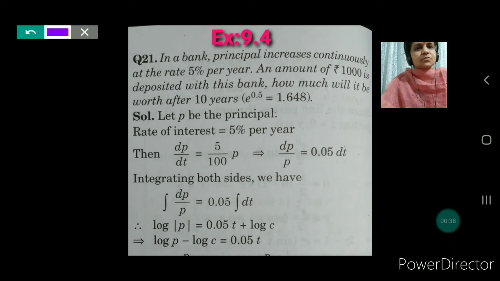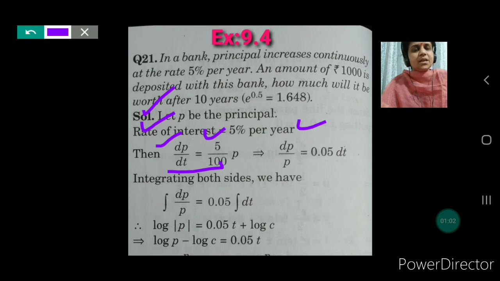Now to solve this question, let P be the principal, and the rate of interest is given as 5% per year. So students, you see that dP by dt, the change of principal with respect to time, is 5% of the principal. So it is 5 by 100 into P. So you get dP by P is equal to 0.05 dt. Now integrating both sides, you will get integration dP by P is equal to